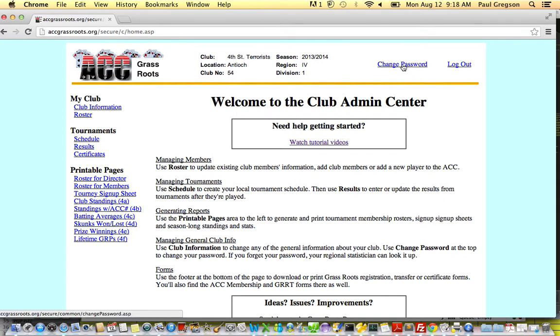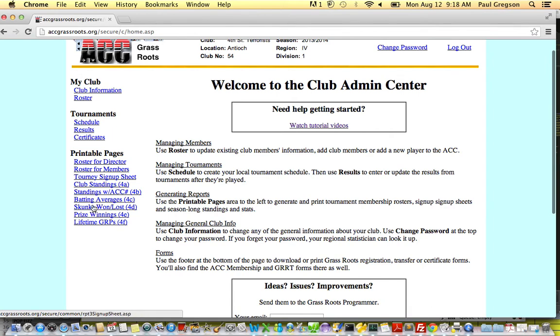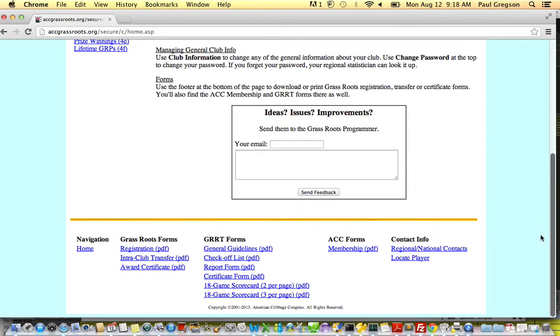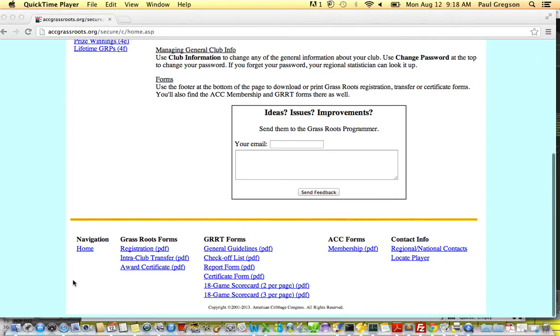If I want to change the password for the account, I do that up here. It's not something that you would do very often, so I've tucked it away up here, sort of out of the main area of the page, away from everything. Then we've got the new menu on the left hand side, which we'll go over in a second. And then at the bottom of the page here, we have a